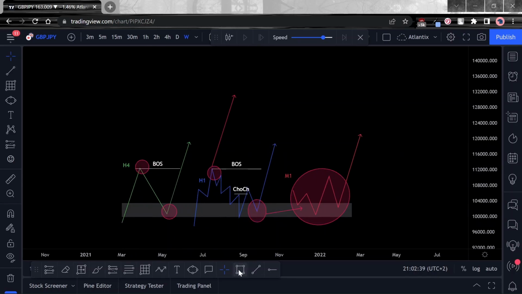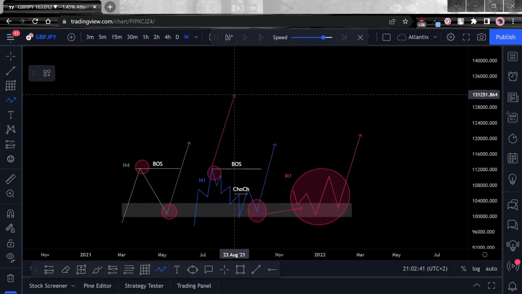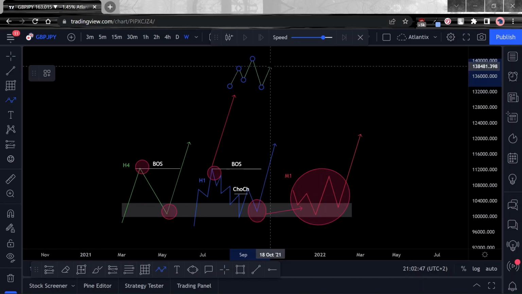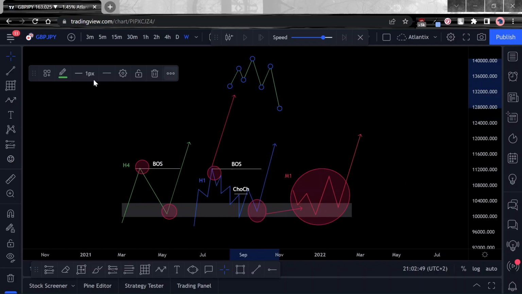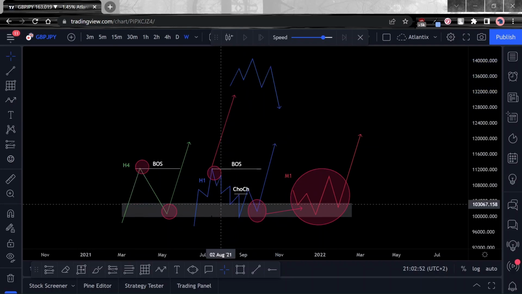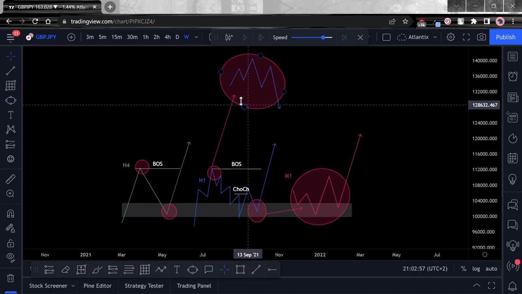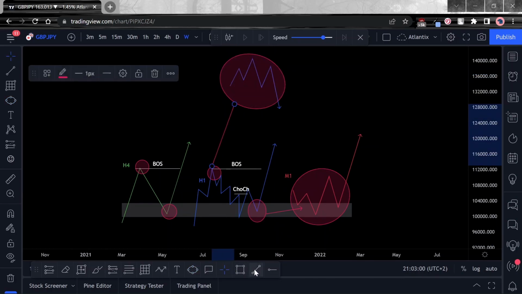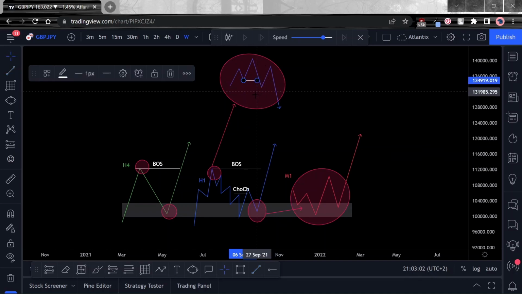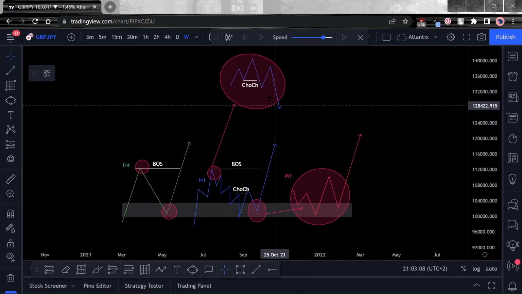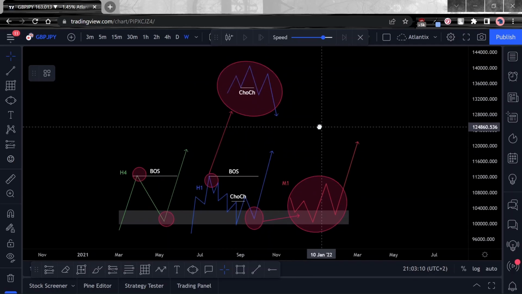We simply wait for our normal change of character model. All right, price must just be creating higher highs and higher lows, shifting internal structure, and then price moves further down. Okay, it's that simple. We're not trying to complicate it. So obviously we're going to have our change of character here, and we'll also have our breakout structure over here, as we've already shown you.